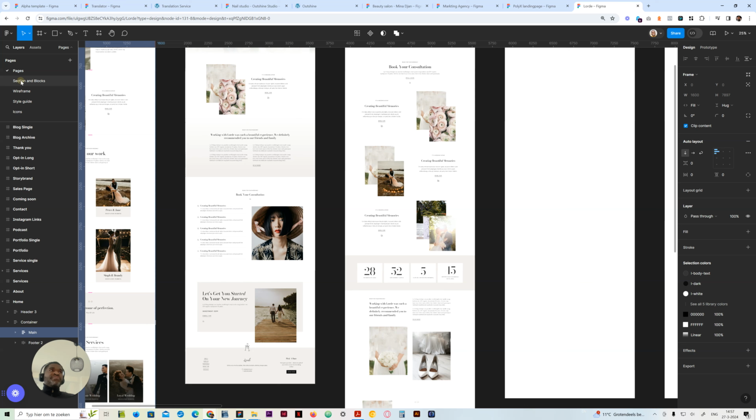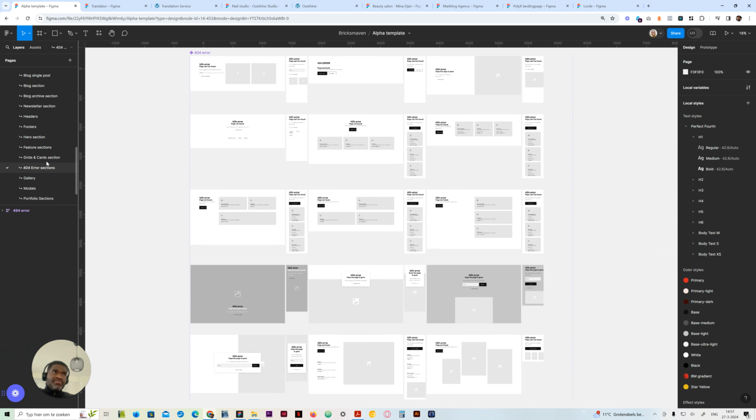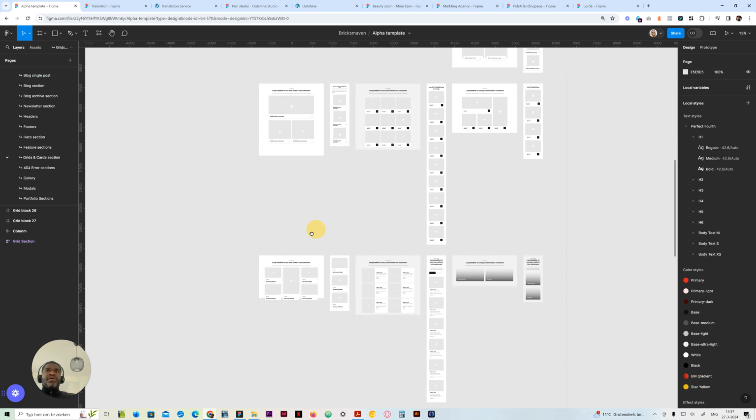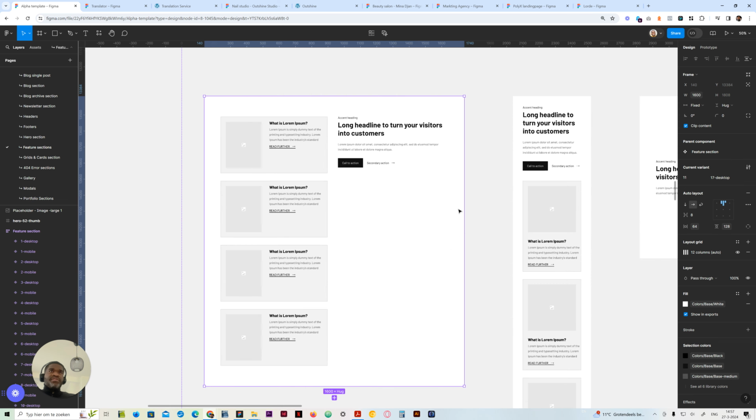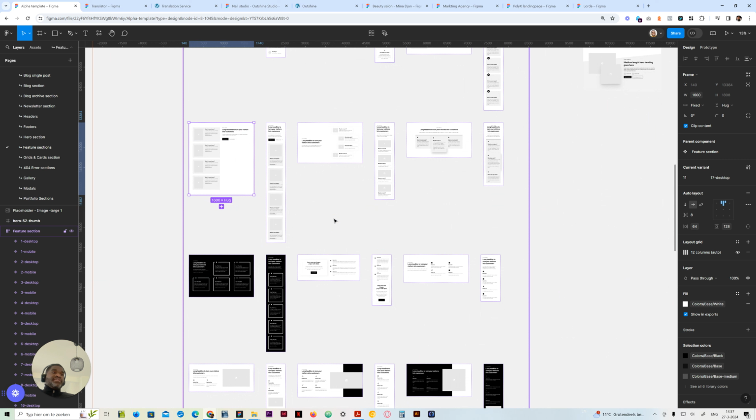And because of the amount of blocks, you can build out different kinds of sites with different colors. You can add even more stuff to it: shapes, patterns, background images. So you can go crazy. I'm just saying all this to say that with the alpha template, which now has more than 500 blocks, there's a lot of stuff you can do with it. A lot of sites that you can build with it. And this is just a start of